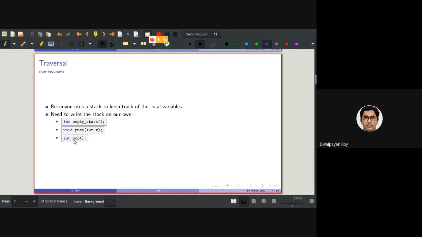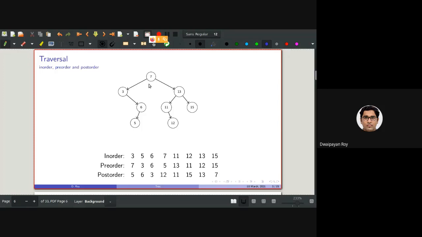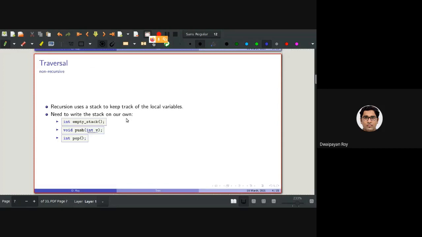Keeping the present scenario in mind, that is, when the information part is basically the nodes of this binary tree, we had changed the code to accommodate a BT node type here. So I hope you can remember that. We had changed the corresponding push, pop, and empty stack functions.